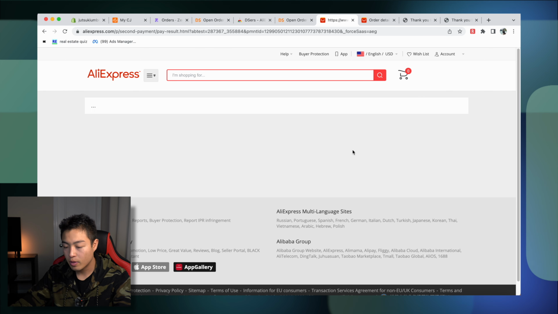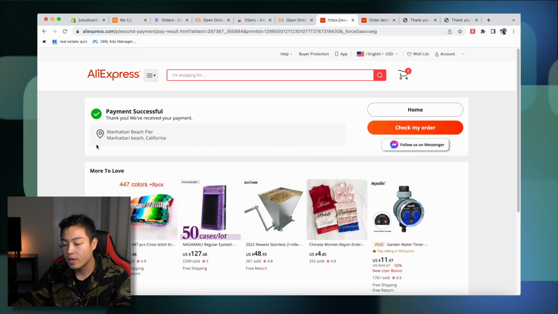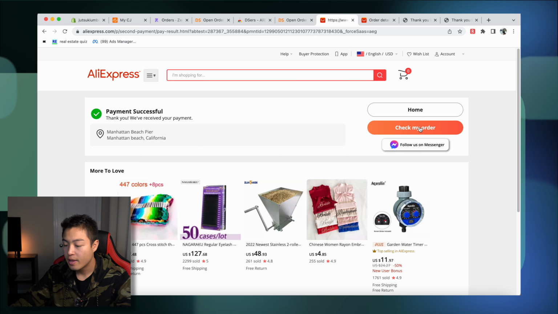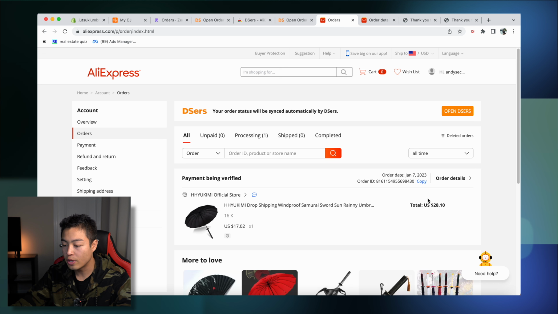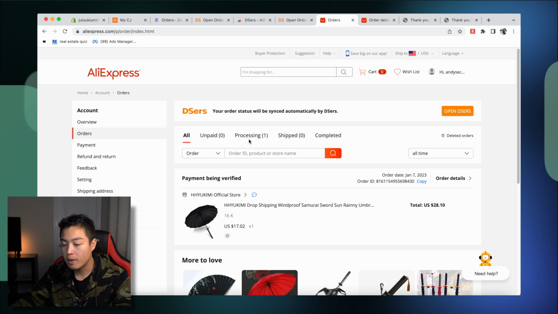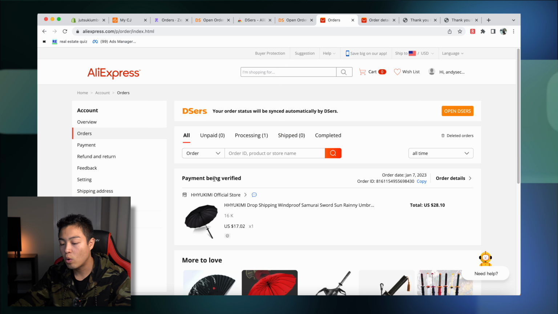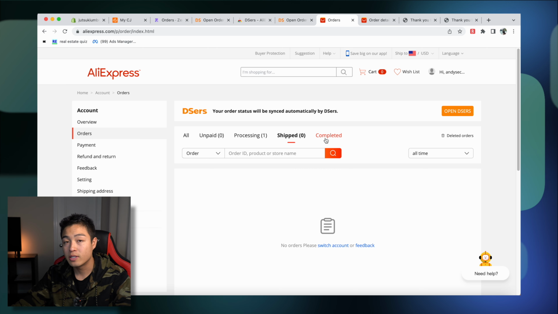Now it's loading, processing my payment. And there we go, payment successful. Here is the location. Now we can go here and check my order. And here is the order that I just purchased. And then same thing, you have this little progression. All the unpaid, processing, shipped, completed. You'll see that once this product does get shipped, it will go from processing to shipped. Right now it is currently processing, then it'll be shipped, and then once it gets delivered, it's going to be